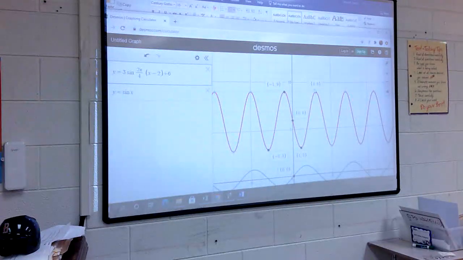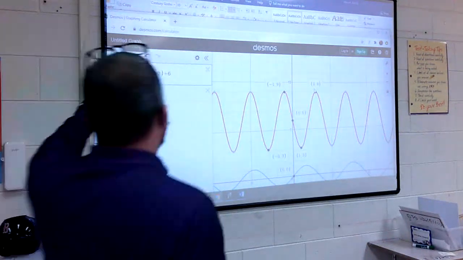So it goes from negative 1 to 3. The next one will be at 7, then at 11. How would I get that? If you remember, the period is 2 pi over b, and we already talked about what b is. So b in this one is 2 pi over 4. So if you did 2 pi divided by 2 pi over 4,